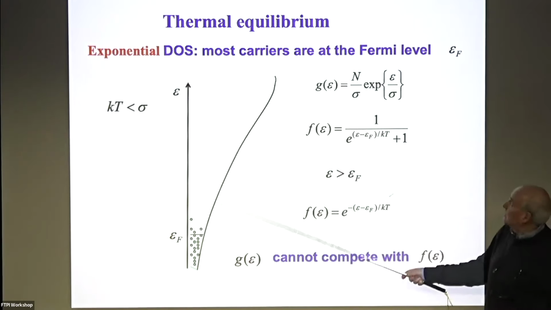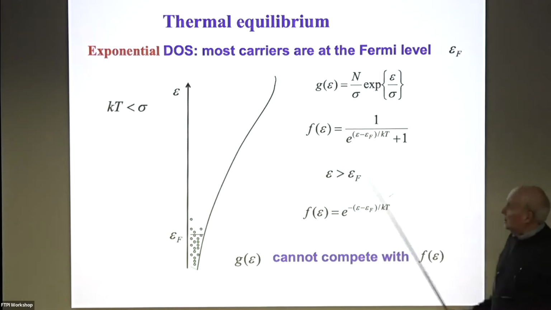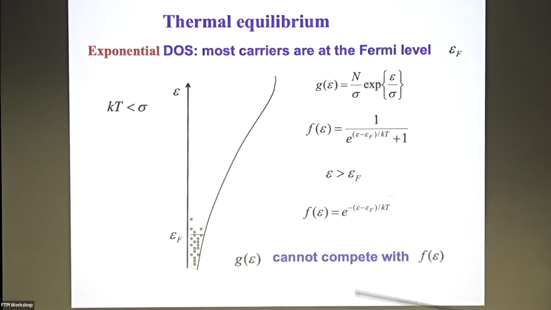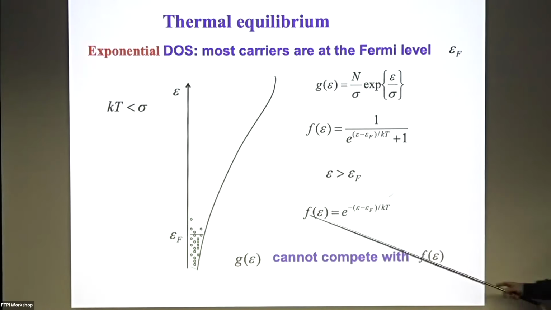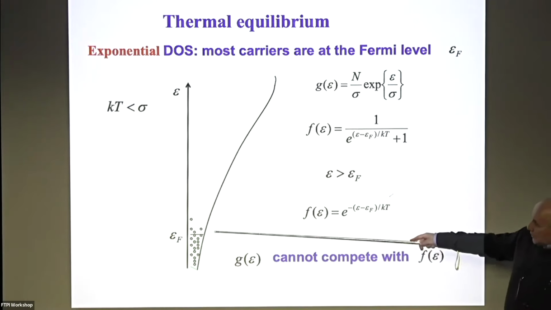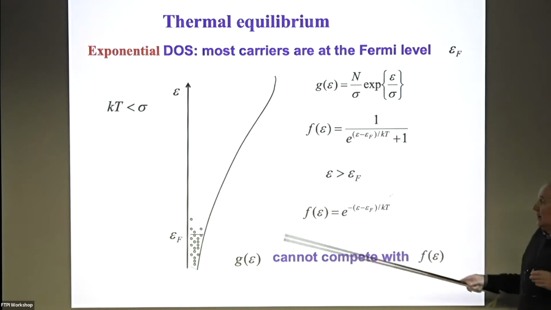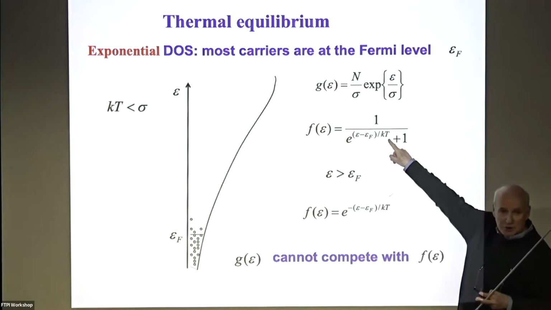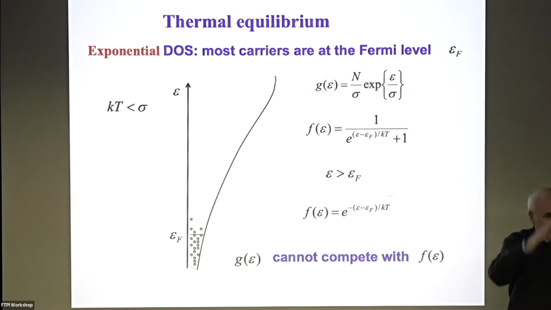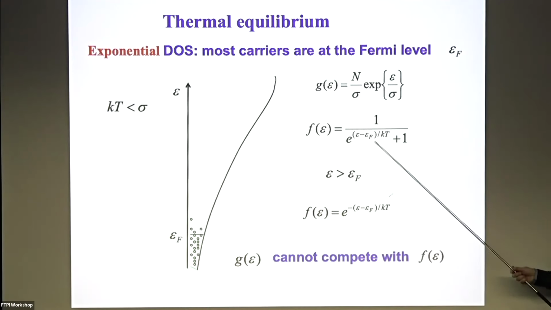So take exponential density of states, thermal equilibrium, Fermi distribution, KT is smaller than the scale of the tail. Where are electrons? You can say, okay, I see where electrons are: in the vicinity of the Fermi level, which is not new for us. Why? I provoke you and say, okay, there are much more states above this level. But you answer, yes, it's fine, but the filling of the states drops according to the scale KT, so much steeper. And it means that the density of states cannot compete with the Fermi distribution.